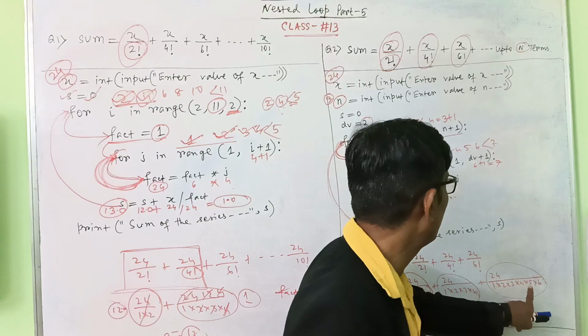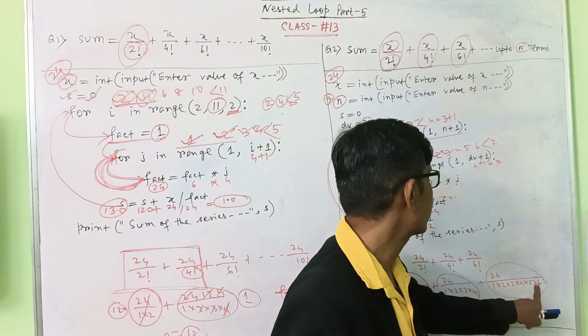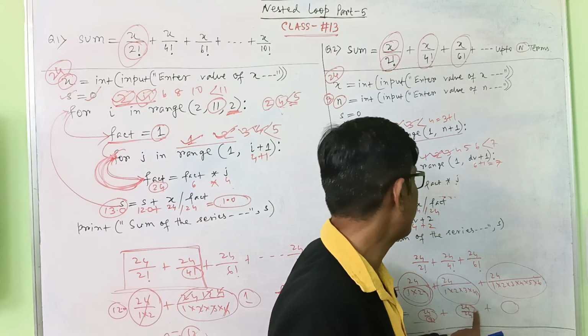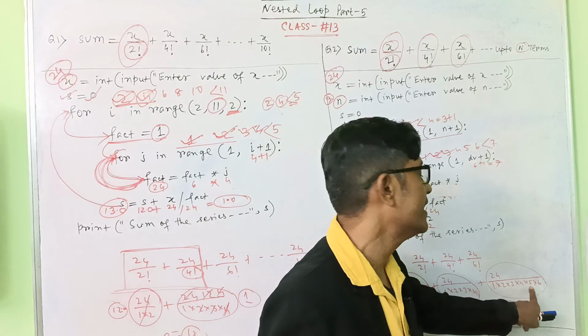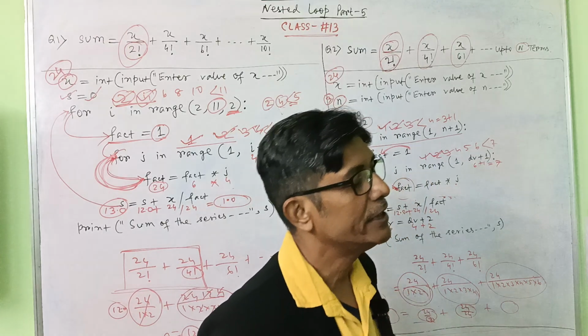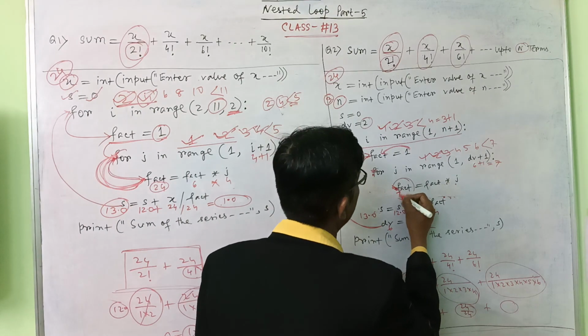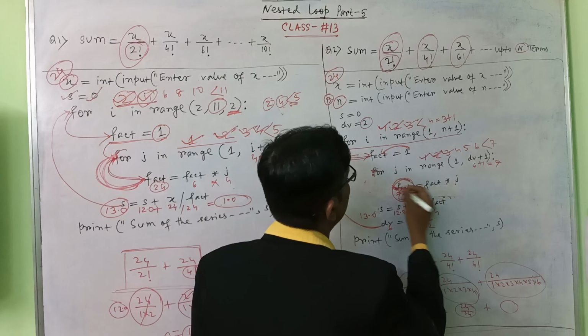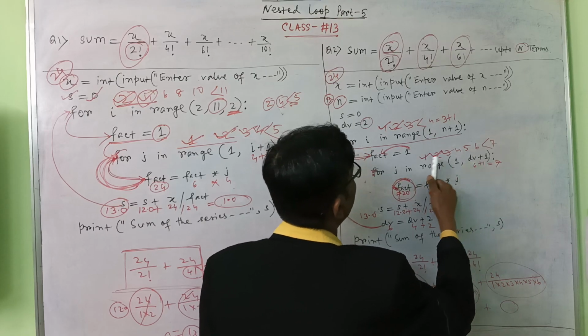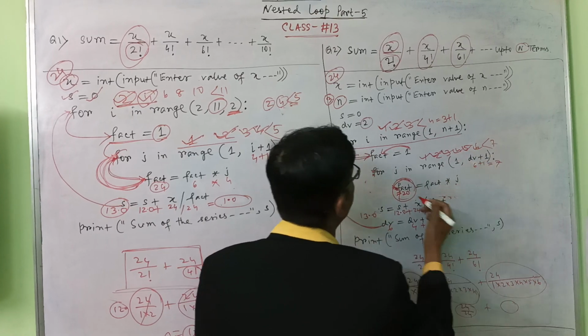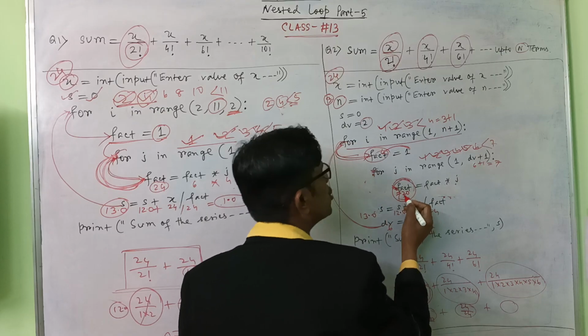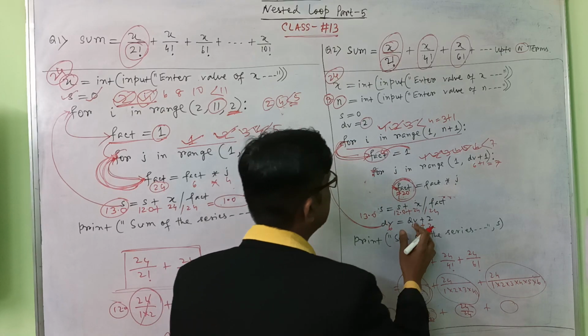1 into 24, 1, what is this? Up to 4, 24, up to 5, 120, and 120 into 6 equal to 720. So this factorial we will get 720 up to 6. If you continue up to 6, the fact value will be changed to 720, and that 720,